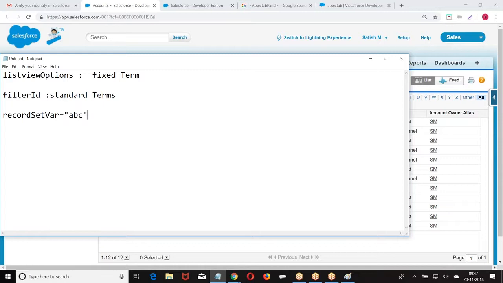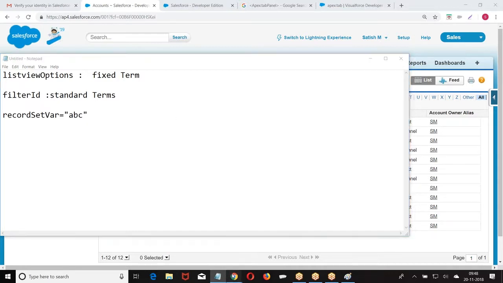I hope you're good. Every object will have list view options. Based on the option you have selected, we get a group of records, referred using a variable called record set var.